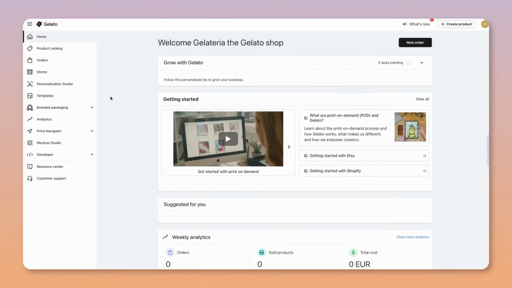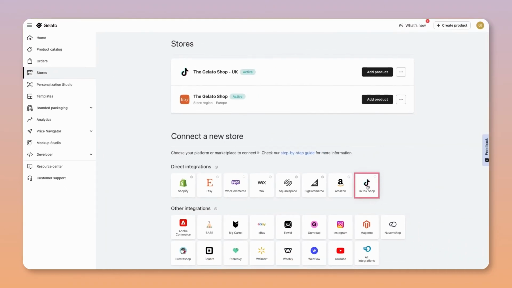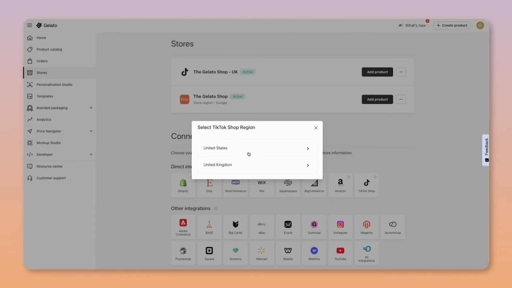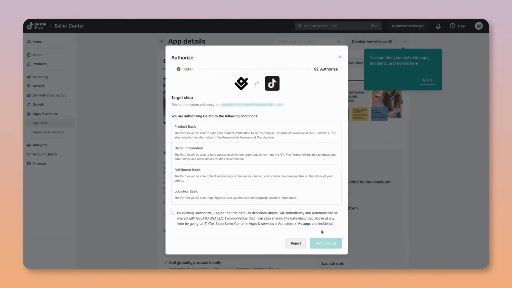Step 3. Connect Gelato to your TikTok shop. Now that your warehouse and shipping are set up, it's time to connect Gelato to your TikTok shop. Head back to your Gelato dashboard, click on Stores, and scroll down until you see TikTok Shop. Select Connect and follow the prompts to authorize the connection between TikTok and Gelato. Make sure to confirm that you're setting this up for the US market. Once you authorize the connection, Gelato will be linked to your TikTok shop, and you can start syncing products from